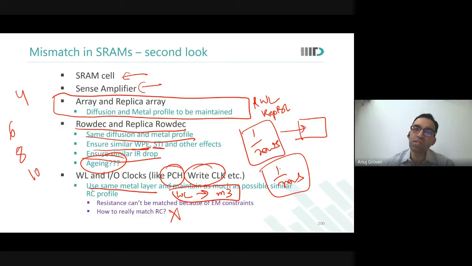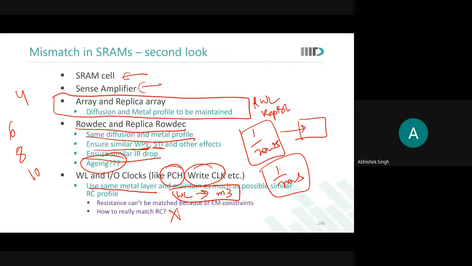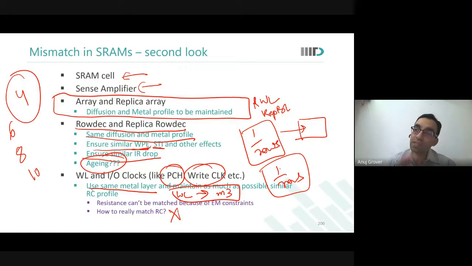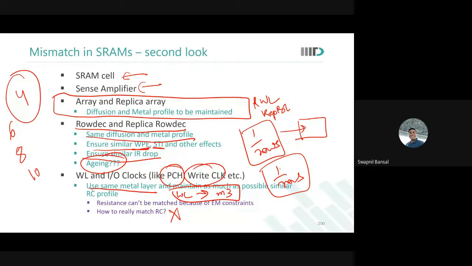If you try to use less than 4 devices, then what happens? What was the benefit of using a large number of devices there? Probability of failing was decreased. Yeah, the mismatch reduced. If you use fewer devices, this replica path will have its own mismatch. And your system may fail because of that variation itself. Okay? आगे बढ़े?